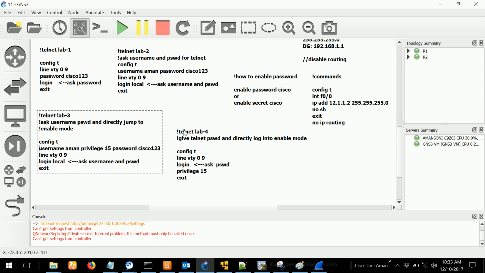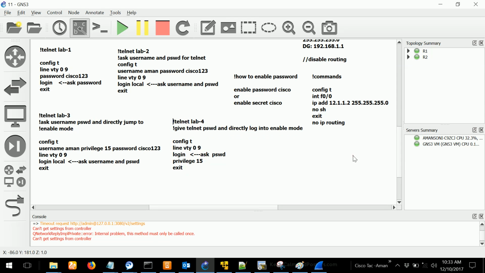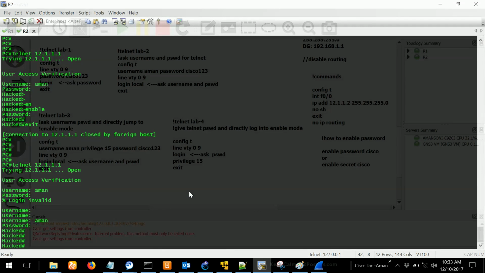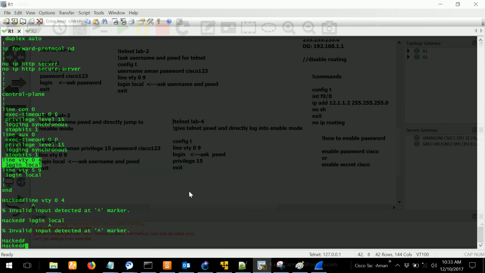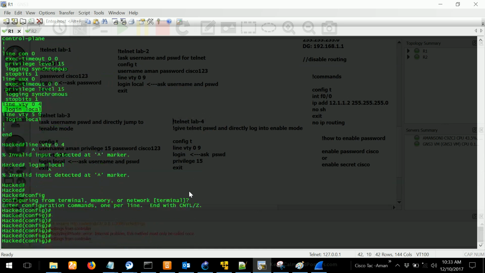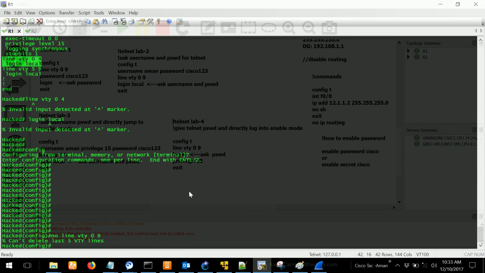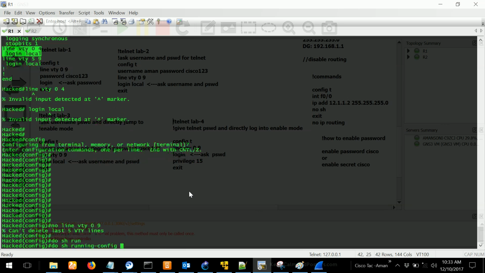Sometimes in the interviews, basic thing, sometimes they say how to turn off telnet. Just turn off telnet. People say go there and turn off it. So a lot of weird things I've seen. Super weird thing. I have seen people doing this. Really, multiple times. You cannot delete them. Do their line VTY. They will be there.